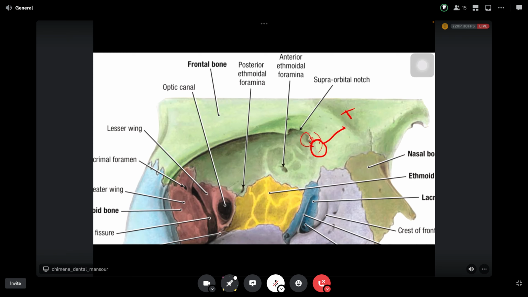That's it for the orbit. All right. Okay, moving on to the drainage of the